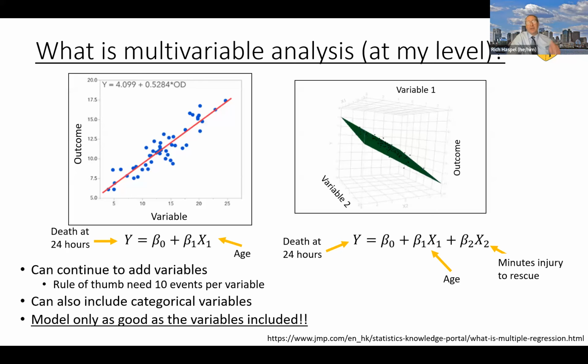But again, this is really important: the model is only as good as the variables included. So if you're looking at a transfusion study and they didn't include how sick the patients are, then that's a bad study. And you don't have to be a statistician to be able to figure that out. Also, multivariable analysis is not magic. If two groups are so different, you cannot change an apple into an orange. You cannot magically change something. If there are so many differences, you just cannot create a good enough model to account. It's very difficult to do that.